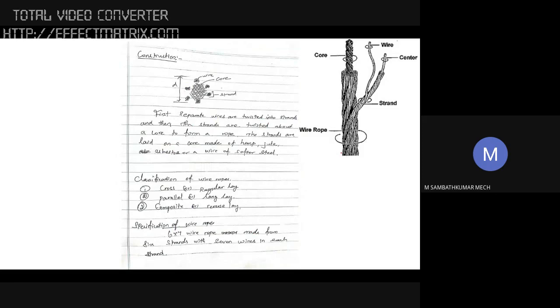And the next step is calculation of wire diameter. So this is the rope diameter, wire rope diameter, and the notation is small d. This is your individual wire, and this diameter is called wire diameter. The notation is d with suffix w. Each individual wire has some wire diameter, the diameter of the wire is d suffix w. Wire rope diameter, and wire diameter.